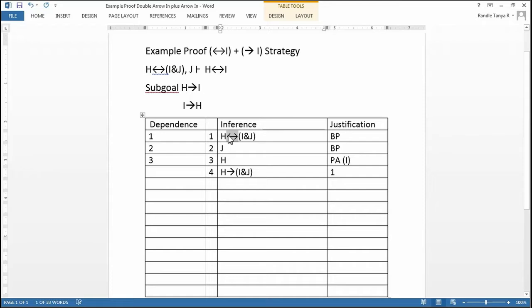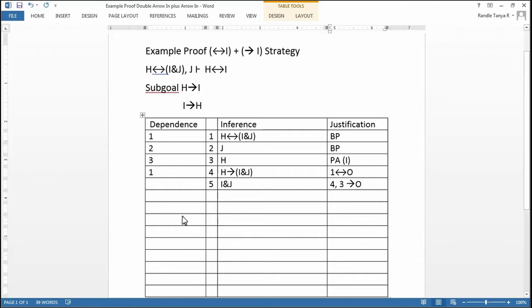and double arrow out rule. So I only have to cite one line when I use the double arrow out rule, the line with the biconditional. This is going to depend on line 1. Okay, and now for line 5, I see that I have this conditional here, and on line 3 I have the antecedent of the conditional, so I can infer the consequent, I and J. That's from lines 4, 3,